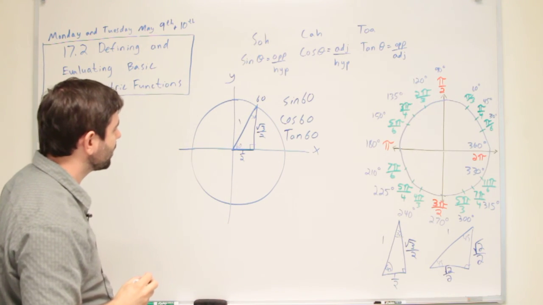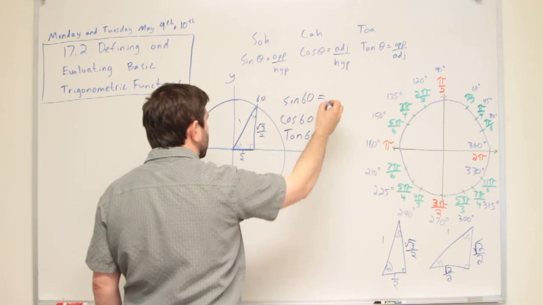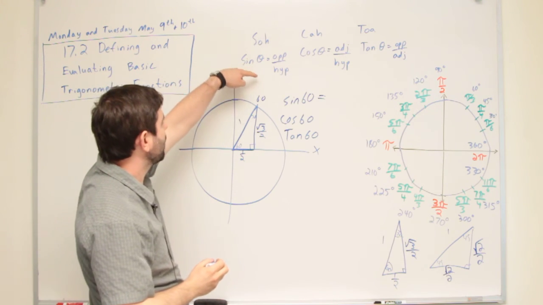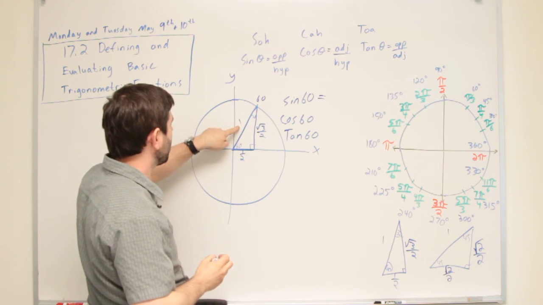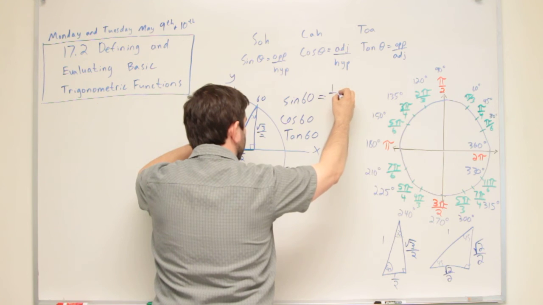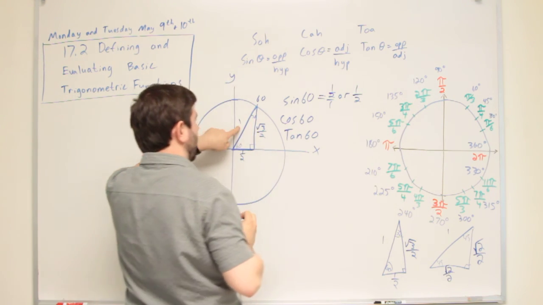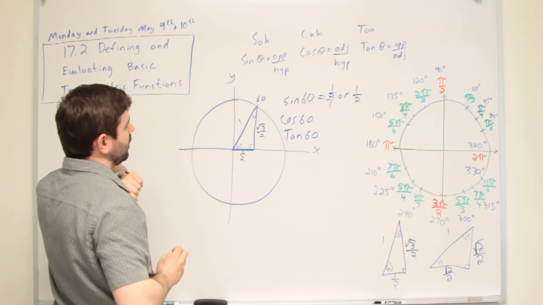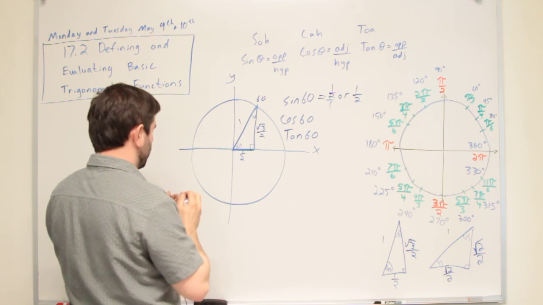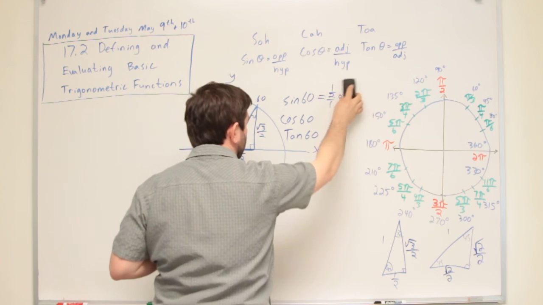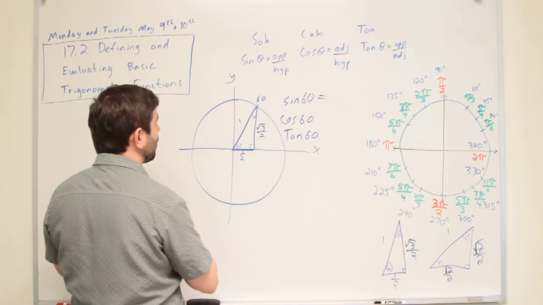Okay, now we're in business. Sine of 60, opposite over hypotenuse. Opposite over hypotenuse. 1/2 over 1, or just 1/2. That works. Oh, that's not quite right. Sine of 60 is opposite